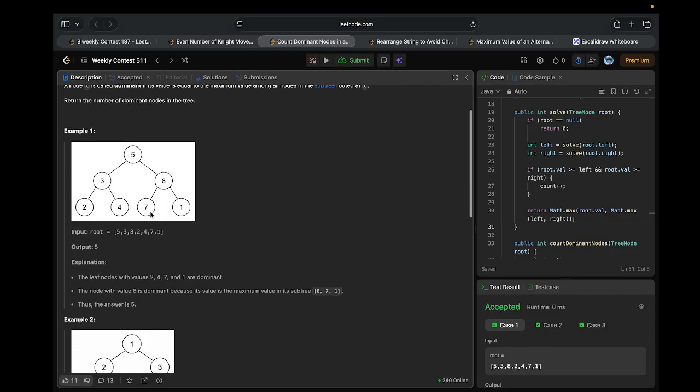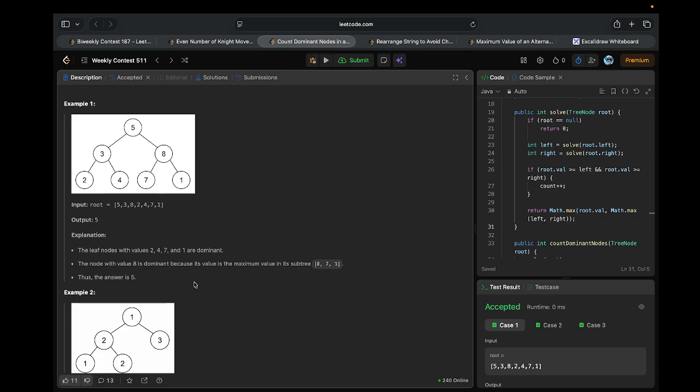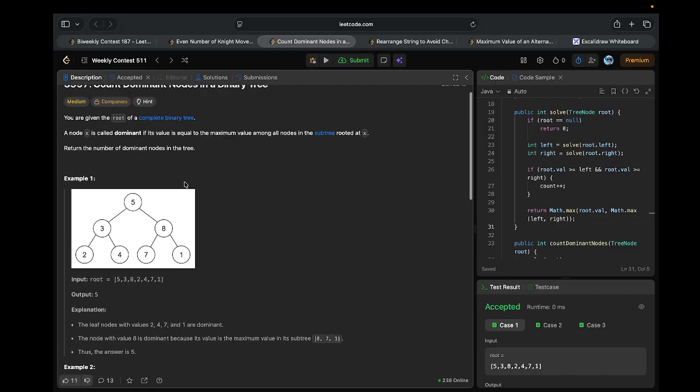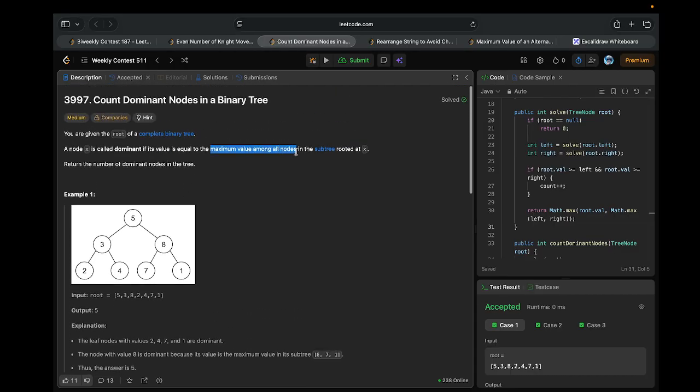Got it? So this is the current tree. The leaf nodes with the values 2, 4, 7 and 1 are dominant. Okay, all the leaf nodes are dominant. Why? Because the maximum value among all nodes in the subtree